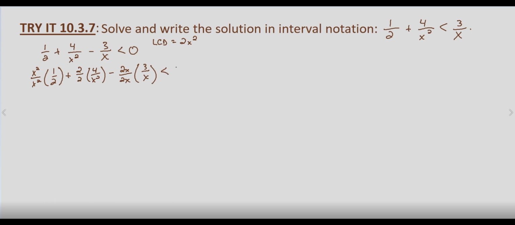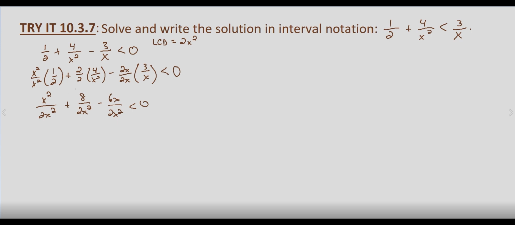And that's still less than 0. So now we put it over the least common denominator. It gives us x squared over 2x squared plus 8 over 2x squared minus 6x over 2x squared,